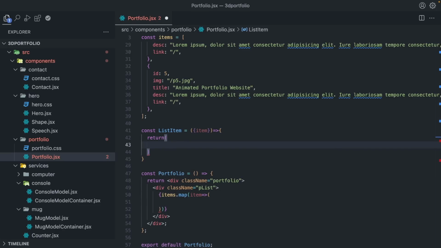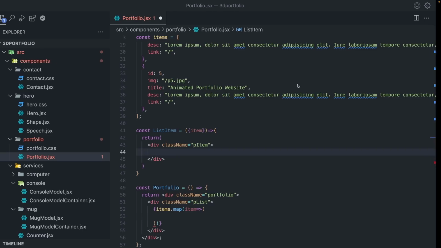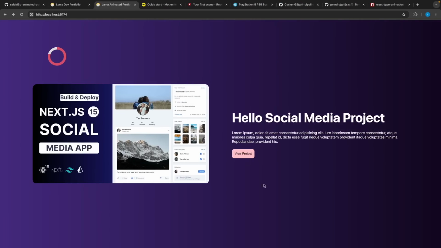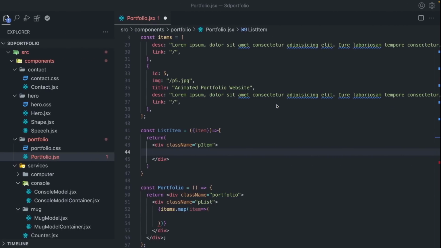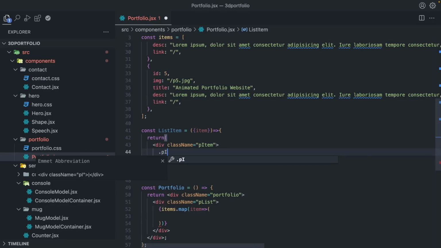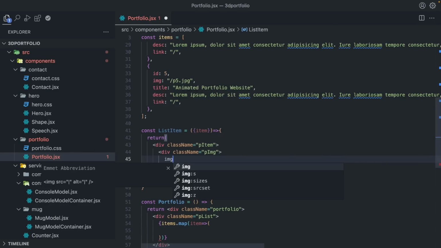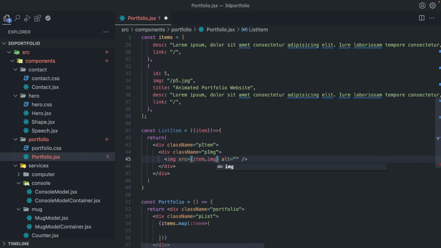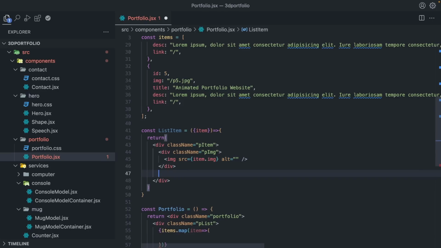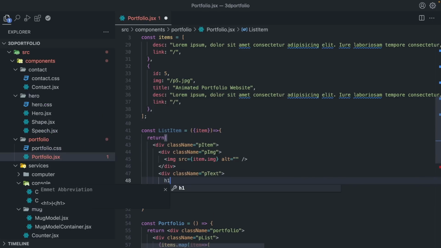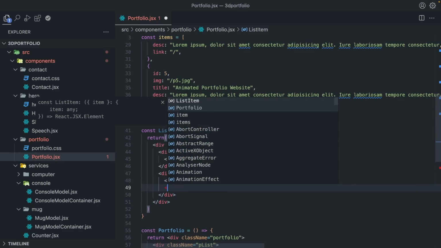I'll create a div, let's say pListItem or just pItem. And inside, we are gonna have our image and the text container. So I will say pImage. Inside, we are gonna have our item image. And after, I'll say pText. And inside, the title, the description,